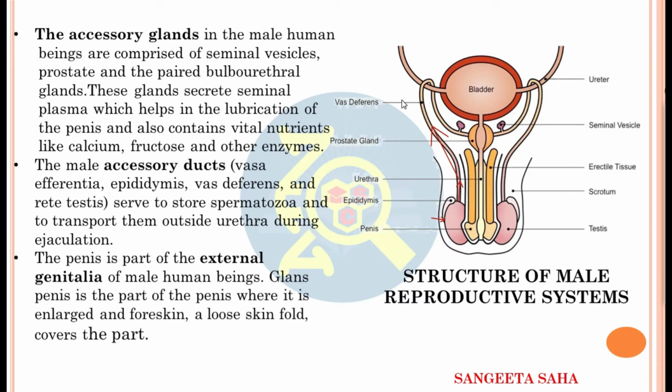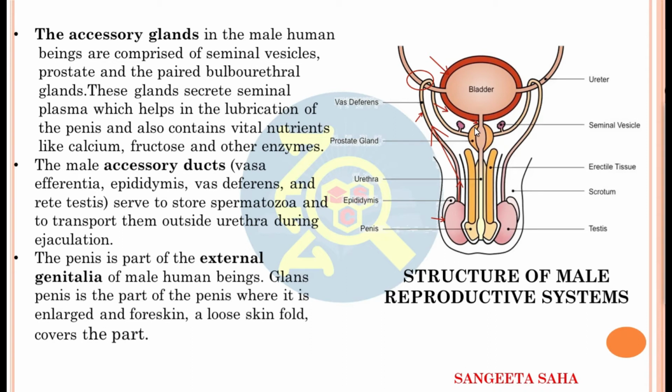Now, in the pelvic region, if you see, you will find that there is a sac-like structure here, which is known as the urinary bladder. Now, this vas deferens takes a loop like this and comes closer to the lower part of the bladder. This vas deferens will open into the urethra, this part. And the next part of the duct will carry two things.